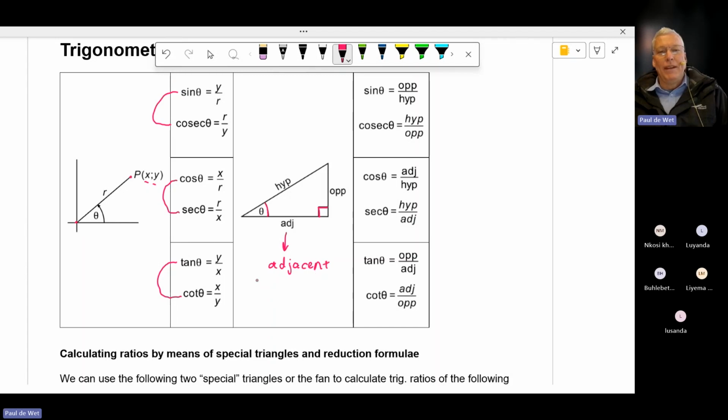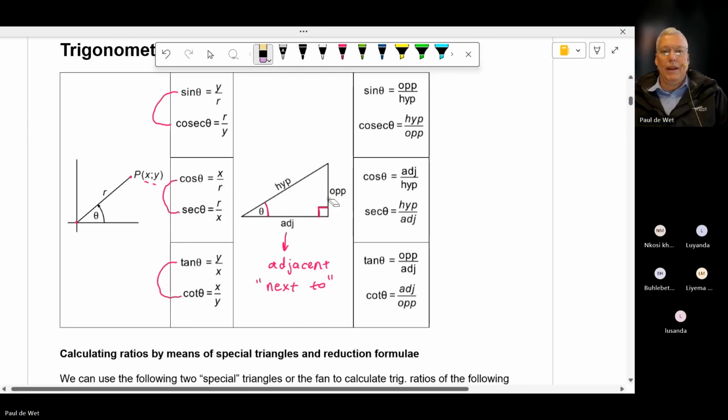All right, adjacent actually means next to. Okay, now you might say, Paul, this one's also next to, but this one's got a name already. Okay, if we were to swap this angle, and if we were talking about this angle being theta, what would this side be called now? Would this be the opposite or the adjacent? This would be the opposite, and this one would be the adjacent. Okay, but for the way we had it,